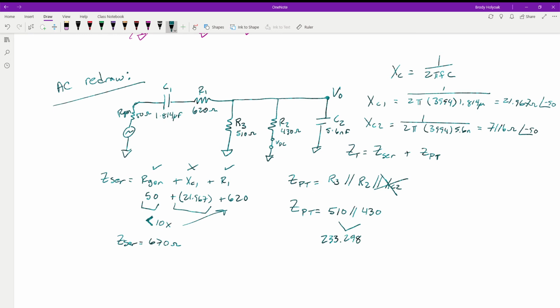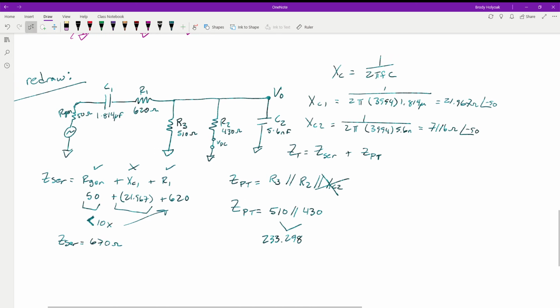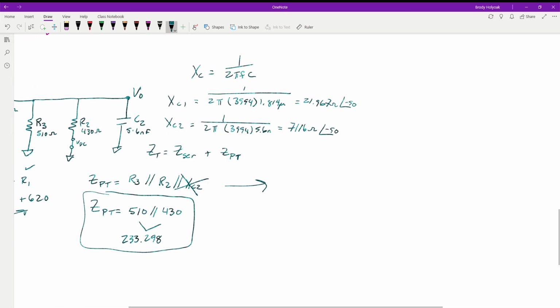And that gives us a value of 233.298. Just so you guys can see that I'm not crazy and that this assumption is still going to work, this is the value that we're going to be using, right here. This is the parallel total. But I will show you what this is going to equal if we carried the X of C in there. So we leave X of C2 alone. So we take 510 at 0 in parallel with 430 at 0 in parallel with 7116